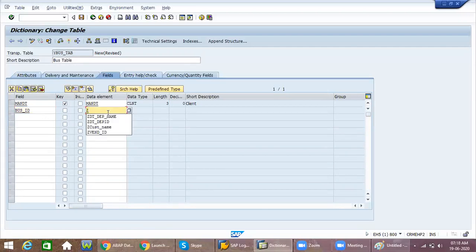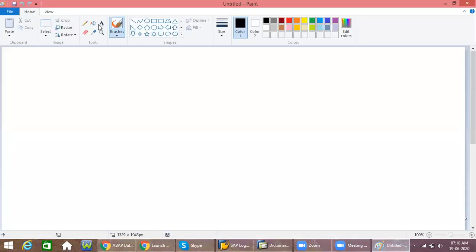Now onwards, whenever you are practicing and creating data elements, you can start with ZDT underscore, followed by the name of the data element.